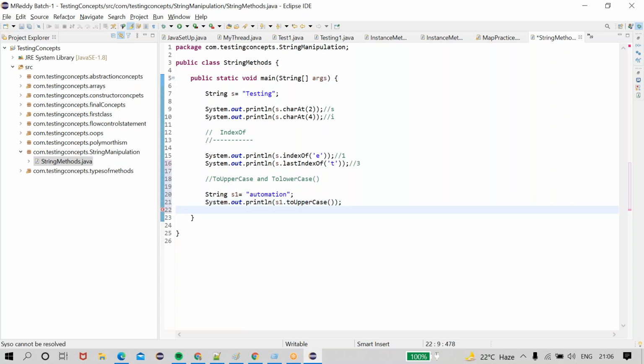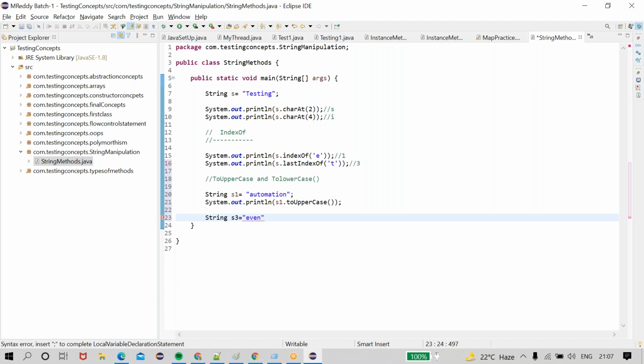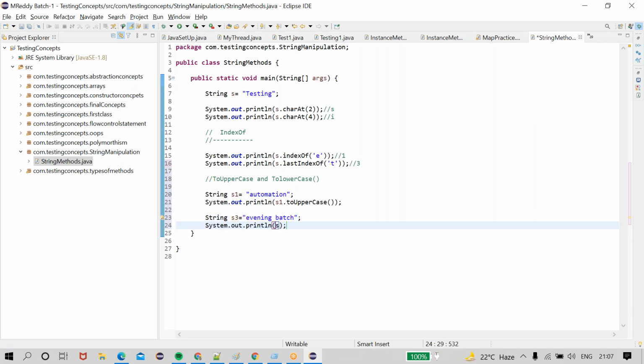I am taking one more string so that you can understand. String s3 is equal to, I am taking some name like "evening batch". I need to convert this into uppercase. Simply, s3.toUpperCase(). See,